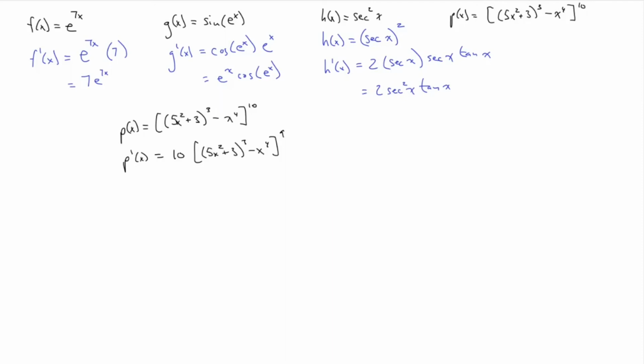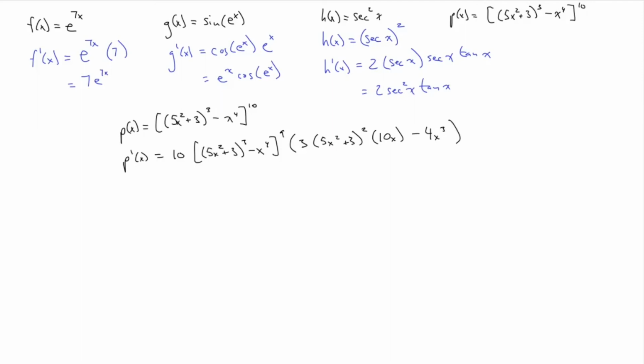We now have to multiply by the derivative of this function that we just treated like a variable. And the derivative of 5x squared plus 3 all to the 3rd minus x to the 4th is the derivative of that first part minus the derivative of that second part. And for the first part, it's a chain rule problem. You have to treat the 5x squared plus 3 as if it were a variable, giving you 3 times that function that we're treating like a variable to the second power, and now you have to multiply by the derivative of that function we just treated like a variable, which is 10x, because the derivative of 5x squared plus 3 is 10x. And then we subtract the derivative of x to the fourth to get minus 4x cubed,